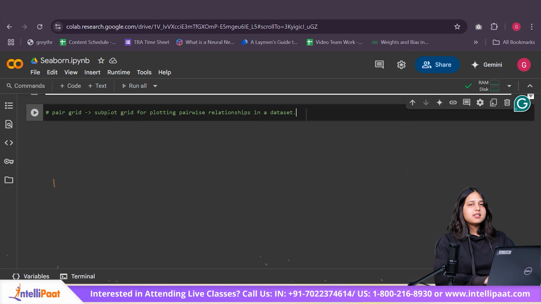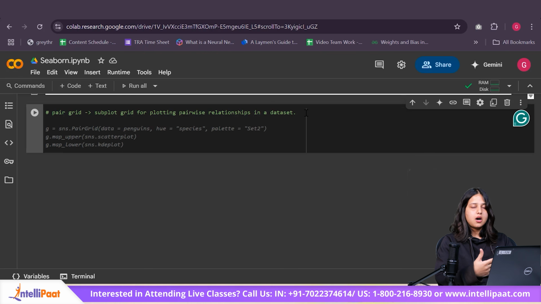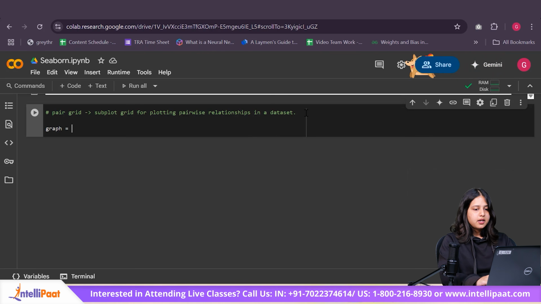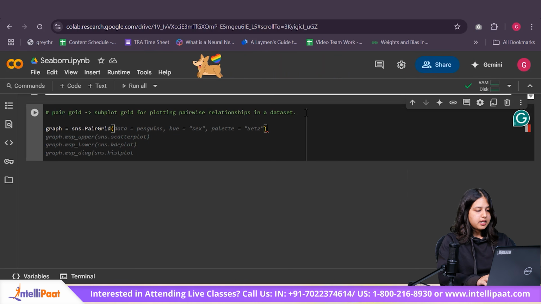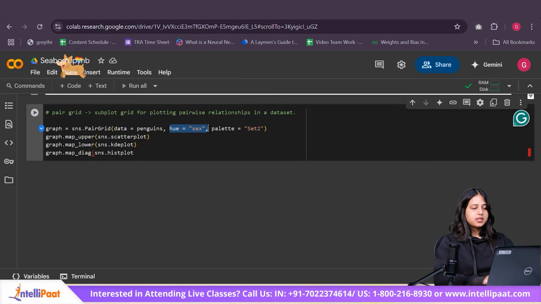It's very similar to a pair plot, but we're going to see how it behaves differently. So I'm going to create a variable called graph, and then I'm going to say sns.PairGrid and pass my data as penguins, and I'm going to classify my hue with sex,